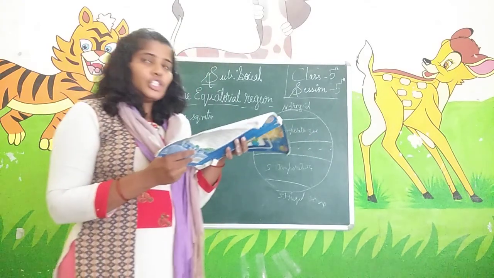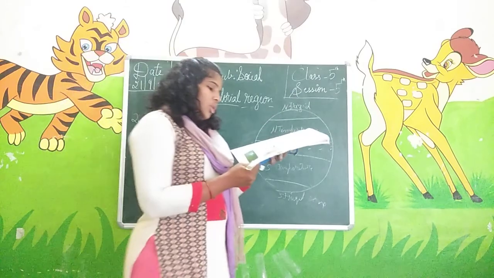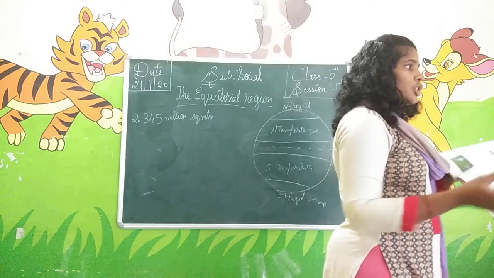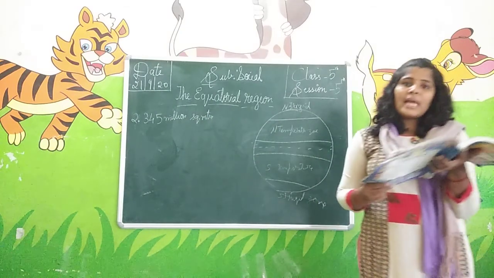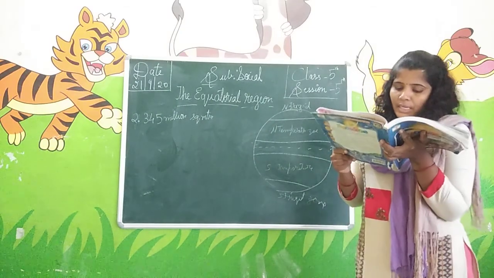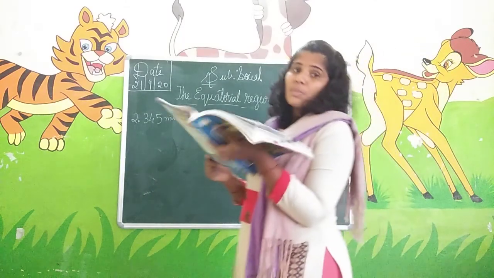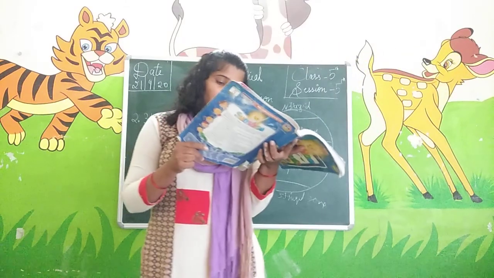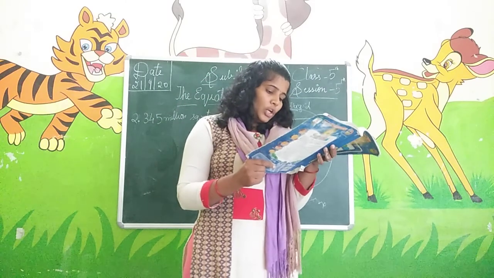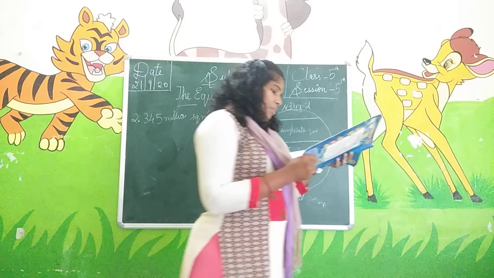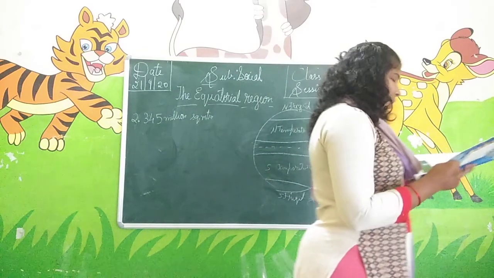There are grasses, shrubs, creepers, climbers and tall trees. All the types of plants are present there. The trees reach a height of about 60 meters and above. These trees join to form a canopy at the top. This canopy blocks the sunlight and makes the forest damp and dark.